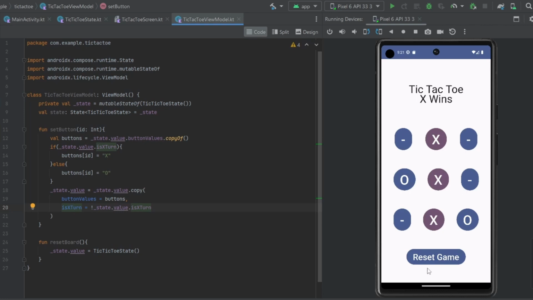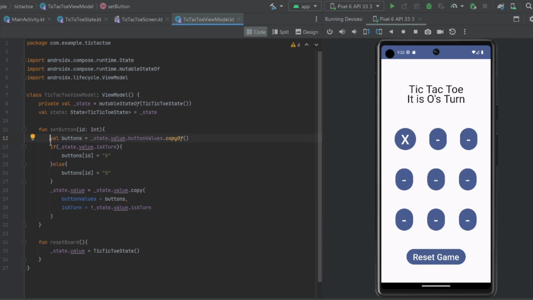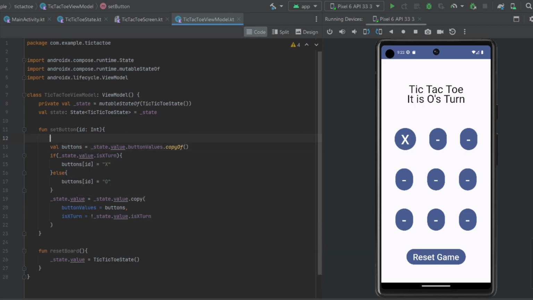But there's still a problem here because the way that we have this code written right now, if X clicked that button and then O clicked it again, it would change to O. And we don't want to do that. We need that to stay as X the entire time. And to do that, what we're going to do is put all of this inside of an if statement. So if